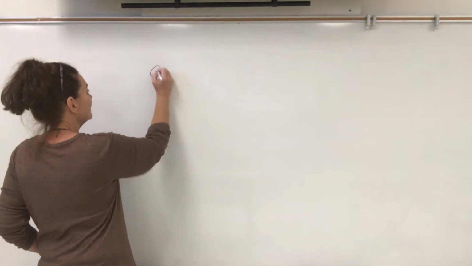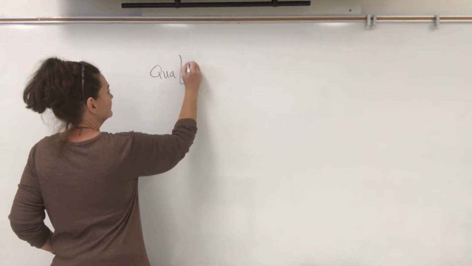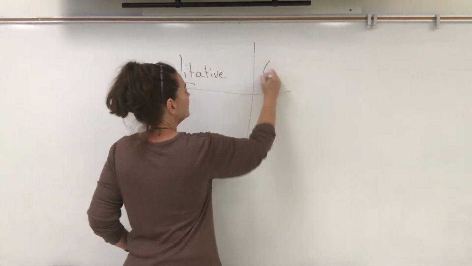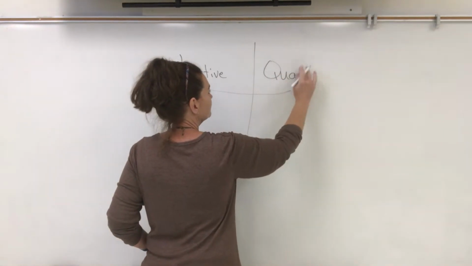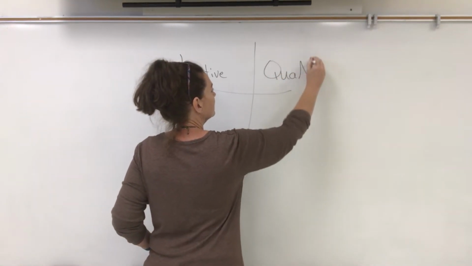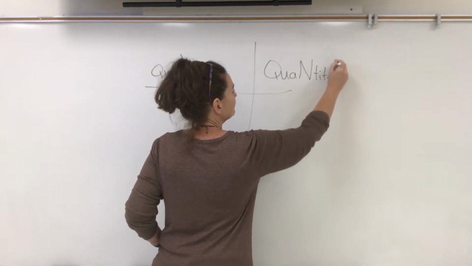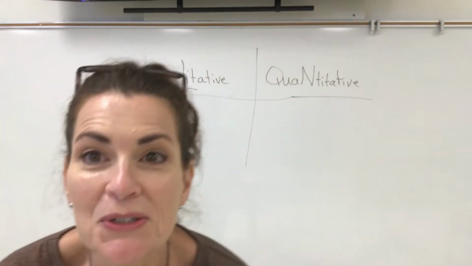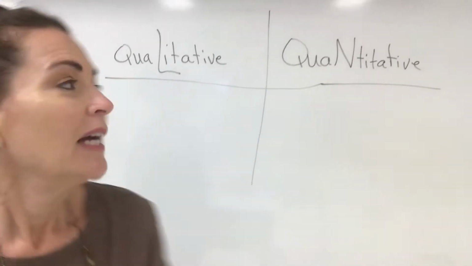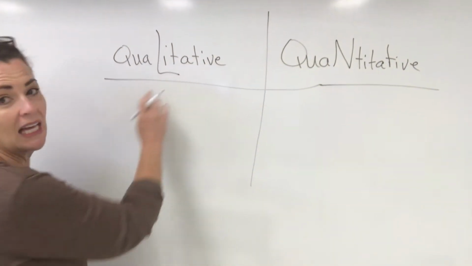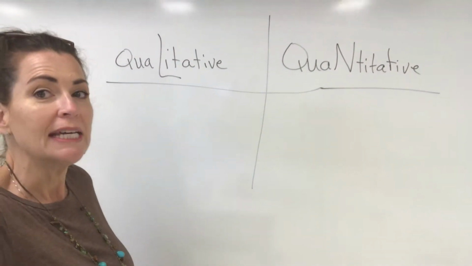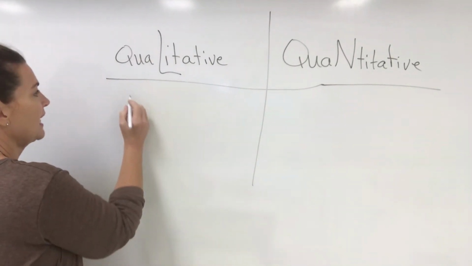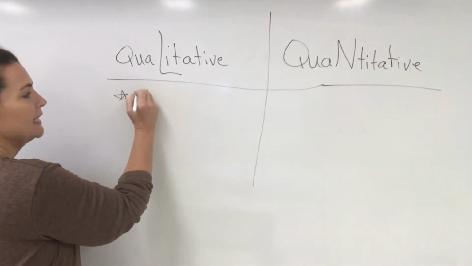So qualitative data and quantitative data. Let me make that bigger. All right, so qualitative and quantitative. I'm going to pull you closer so you can see. Now, the reason why I made the L in qualitative so large is because it gives me a hint that qualitative data is basically what an object